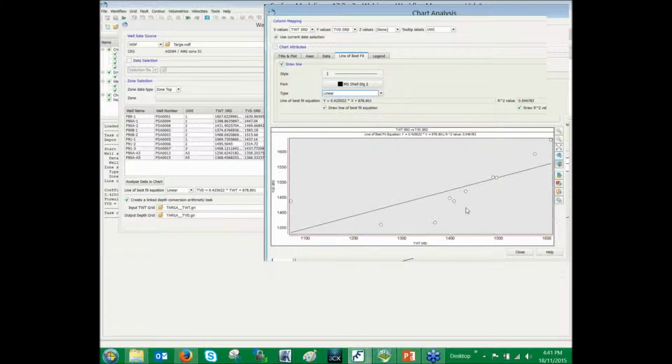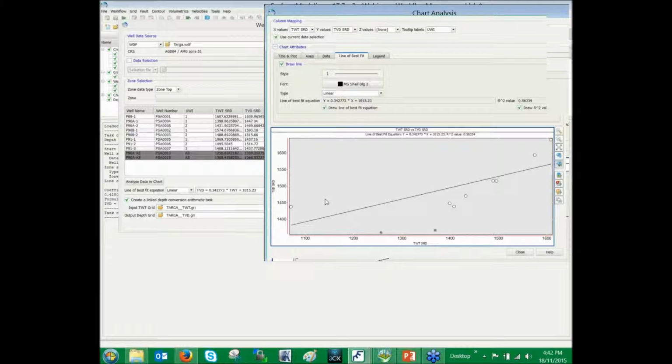So if I revert back to linear, I can actually click and look at my individual points. As you can see on the left-hand side, when I click on a point, it becomes highlighted in red to give me a little bit more information about the point itself. So, for example, if I decide that these two outlying points should not be included in my equation of line of best fit, I can highlight them, right mouse button, and exclude the selected points, so I can remove these